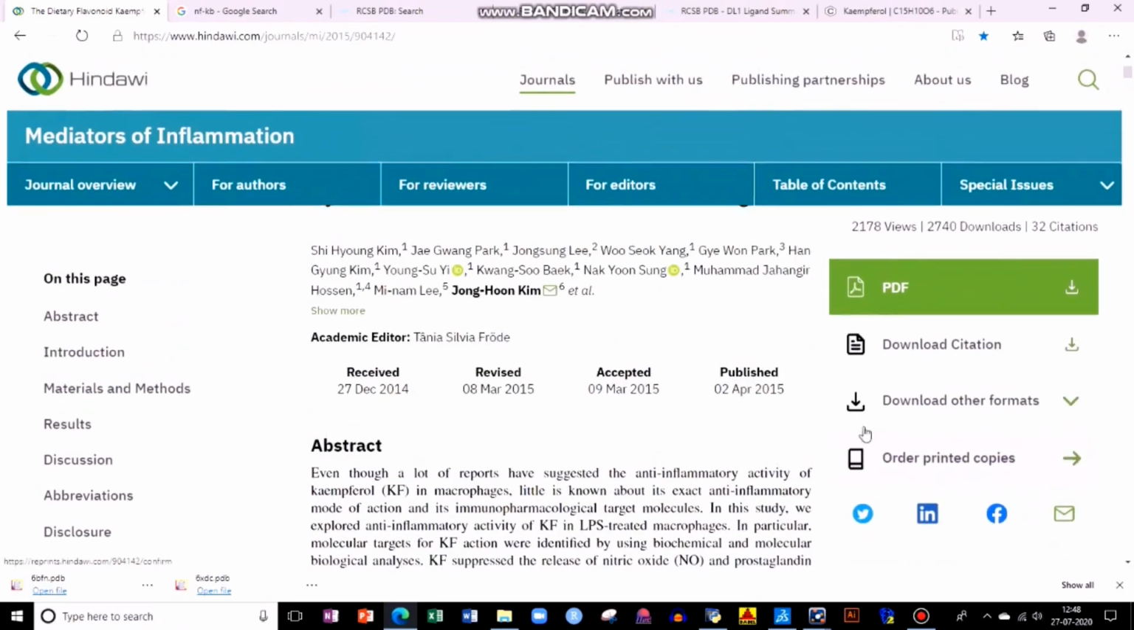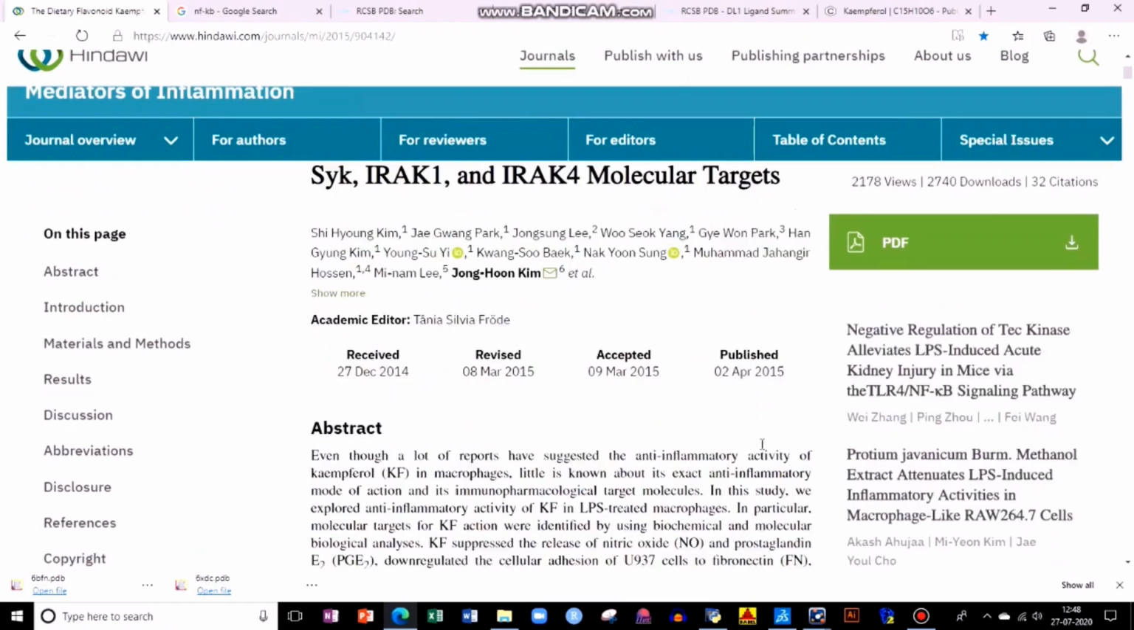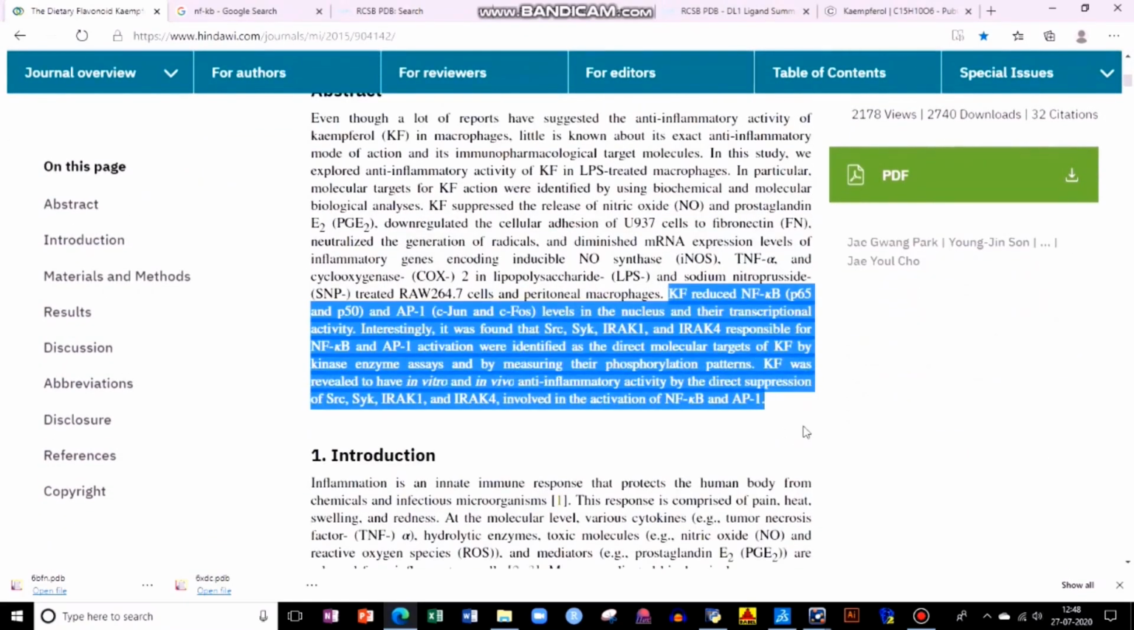So here I have a paper, dietary flavonoid kaempferol mediates anti-inflammatory response. I have taken this randomly, but you need to do a literature survey, which is very important, your background research. So my target here is IRAK1. I'll let you know. Before that, your kaempferol